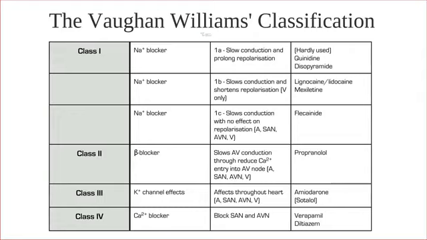So class 3 agents are a bit of a weird group, really, and I think this was put in the classification because there was this drug amiodarone, which has lots of different effects on the heart, and they do block potassium channels, but they do lots of other stuff as well. That's probably too much detail to go on here. So amiodarone now is considered as cardiac Domestos. It will kill all known arrhythmias and is used a lot, very much in acute situations,